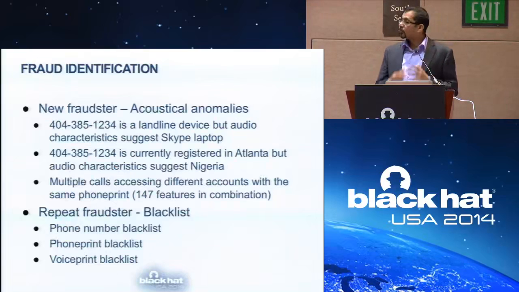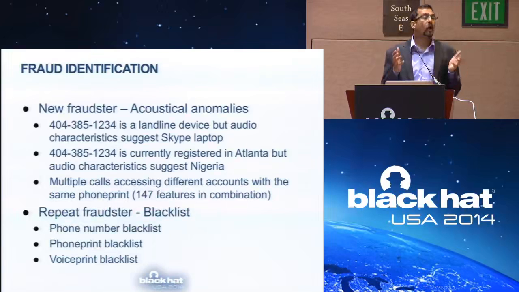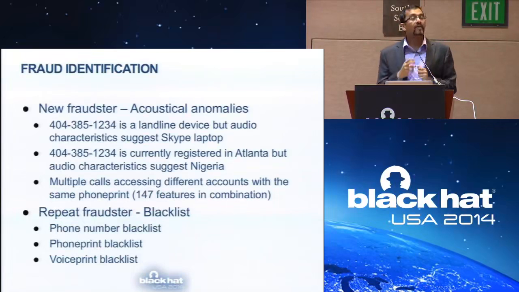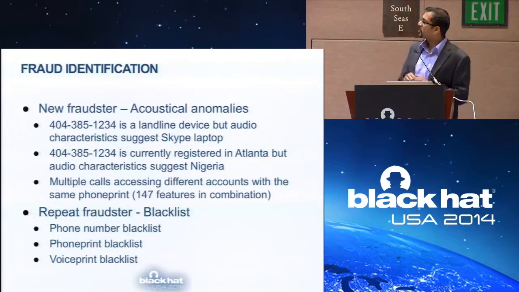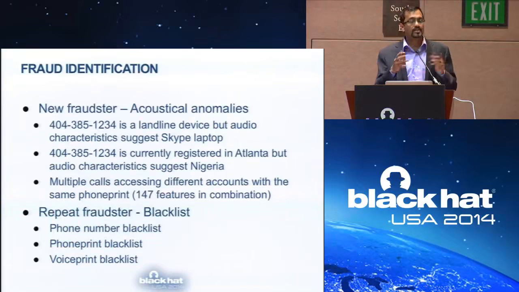So with this, what does our system do? What our system does is compose anomalies to identify when you see new fraudsters, and then it creates phone prints and voice prints and phone number profiles for these fraudsters, so that if they ever come back again, you can identify them. To give you an example of some of the anomalies, let's say you get a call from